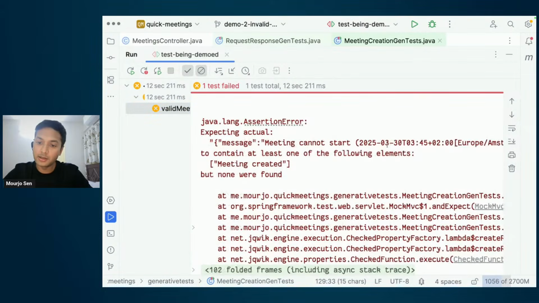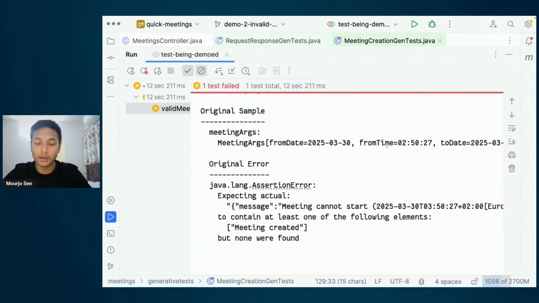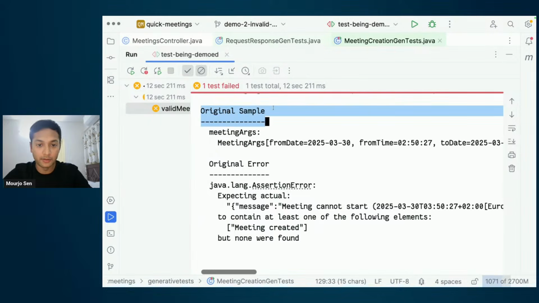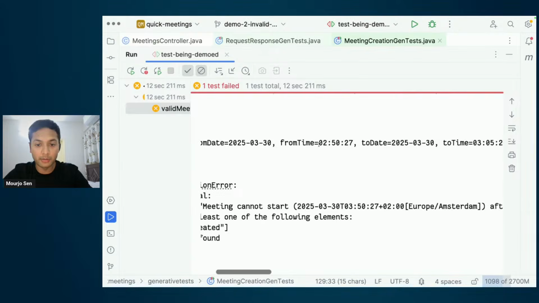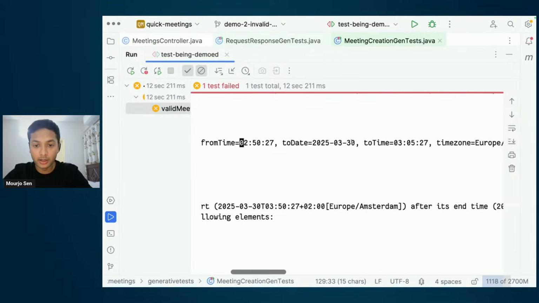But this is confusing to me because I specifically generated inputs for which the start time would be before the end time. So let me look at the sample, the first sample that I get. I say that on 30th of March, I'm trying to create a meeting from 2:50 to 3:05, so 2:50 is before 3:05 on the same day.